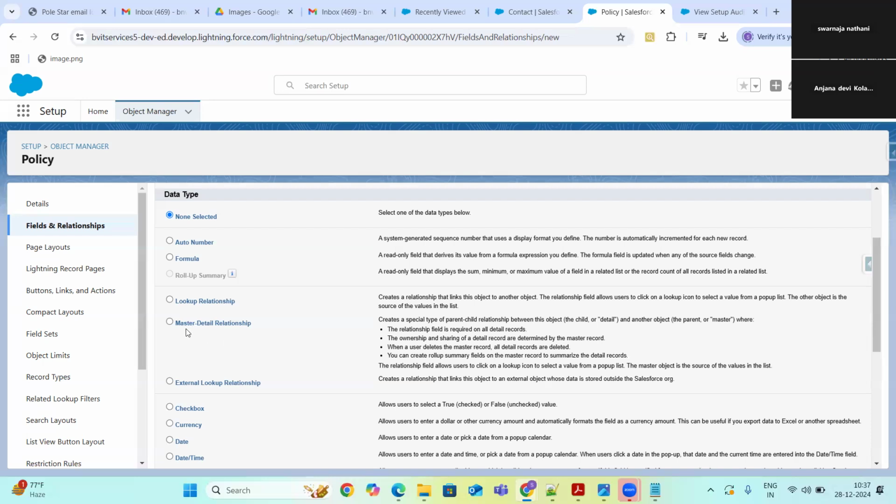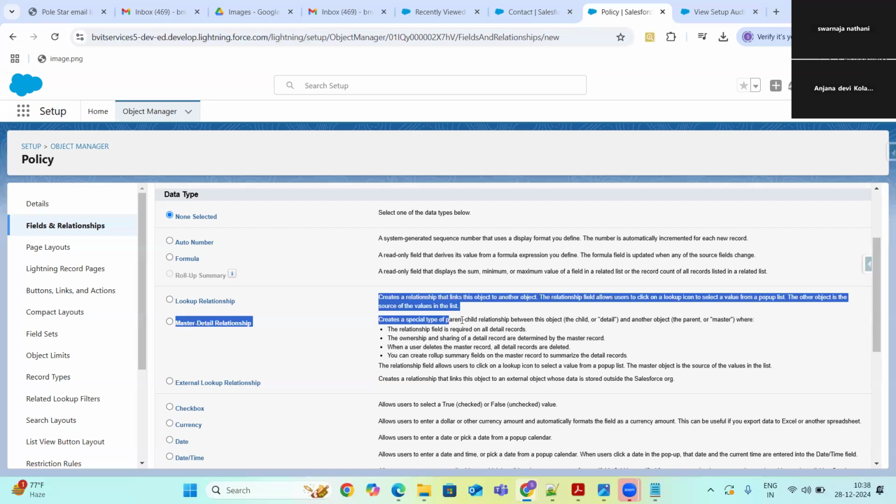But if, even though my parent record gets deleted, I want to keep my child records to utilize them in future for some other purpose, then we will go with the lookup relationship.